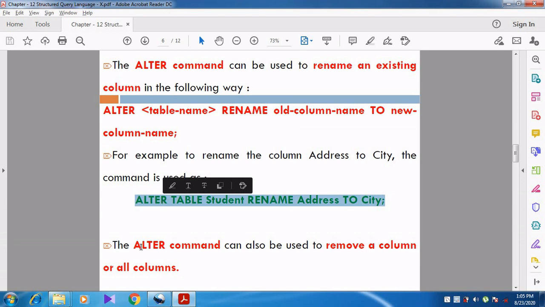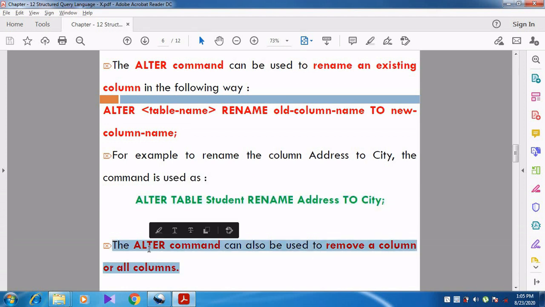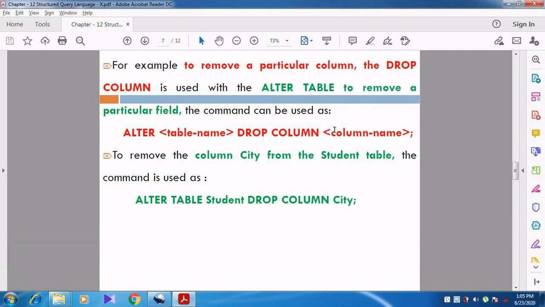Then we can discuss that the alter command can also be used to remove a column or remove all the columns. So how to remove a particular column? Very simple, whenever you want to remove a particular column, use drop column.